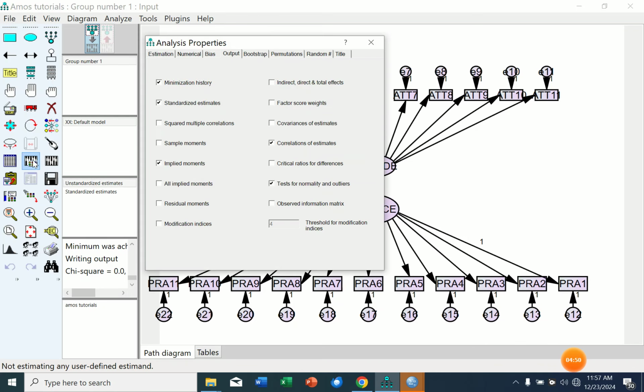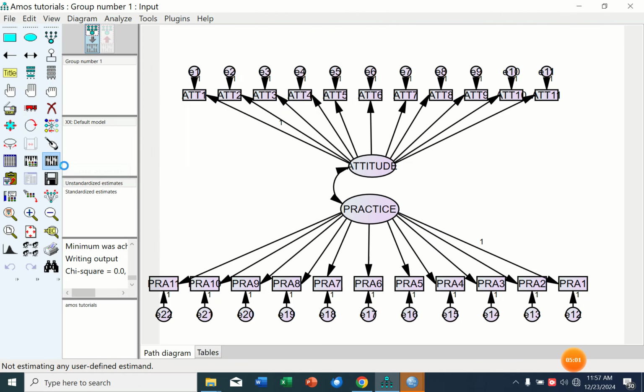So I'll just click on here. I don't need implied correlation, implied moments. I don't need this now. So I just need standardized estimates. So I'll click on calculate estimates